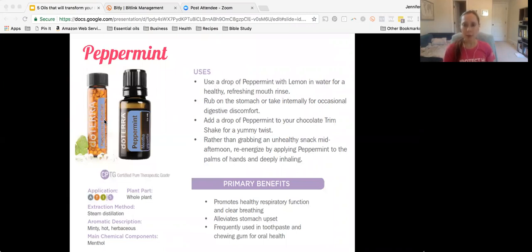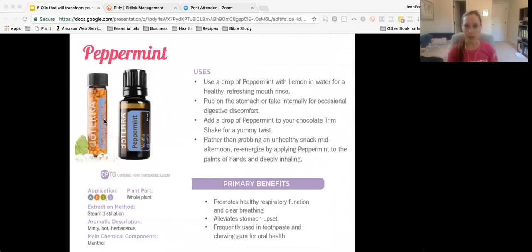So using peppermint aromatically, literally like just taking the cap off the bottle. I feel like I have peppermint sitting right here with me. I don't know, I may. I do. So taking the cap off the bottle, breathing in peppermint, or putting it in a diffuser. I mean, it is powerful. It opens up the airways. It really helps you breathe easier, but also it is just going to give you some energy. It's going to help you focus. It's going to give you that concentration when you need it. And so it's wonderful to use in that regard.